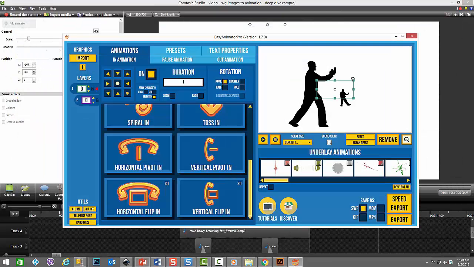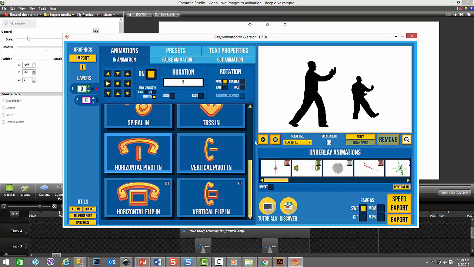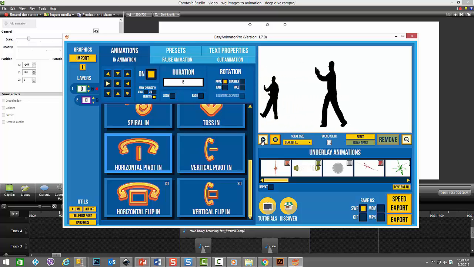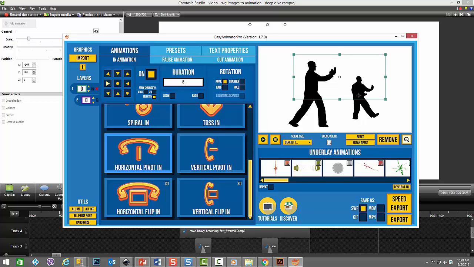I brought his image in, and as you can see, if I apply the same animation motion, the second guy also goes through the same spot, but as you can tell, he has a different position. So right where they cross over, I used the image of the second guy and brought it into